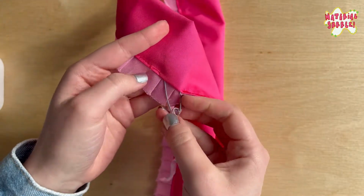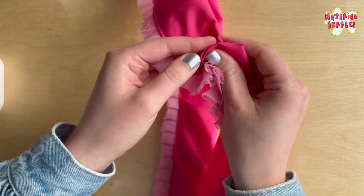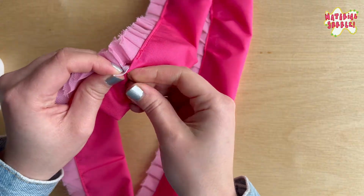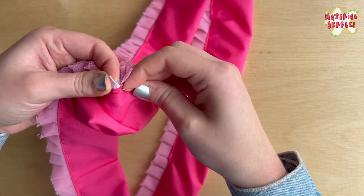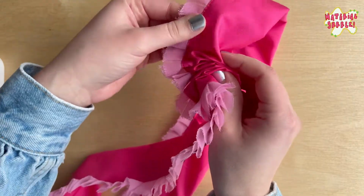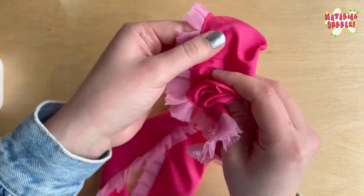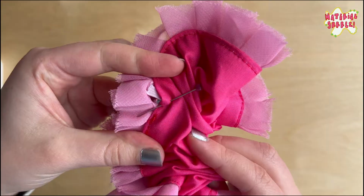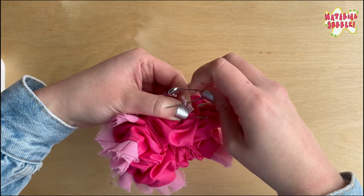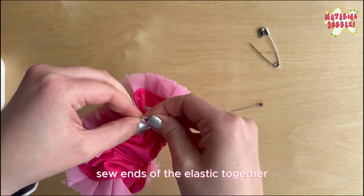So insert it through the hole that you've left, and as you start scrunching it up to make sure you don't lose the other end, grab a pin and pin it to the edge of the fabric. When you have that all secured, just start scrunching and getting the elastic through the whole thing. There is a ton of fabric because these are big scrunchies. You want a lot of scrunch, so it might take a while to get there, but when you get to the end, you're just going to peek the safety pin out of the hole so that you have both edges right there. You can remove the pins, hold on to them tight so they don't snap back into the scrunchie,